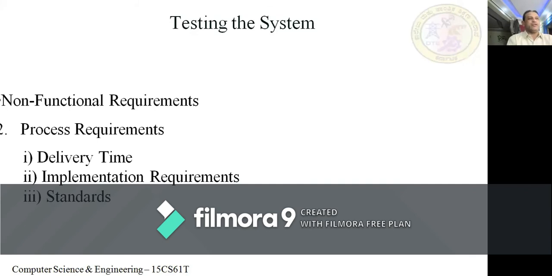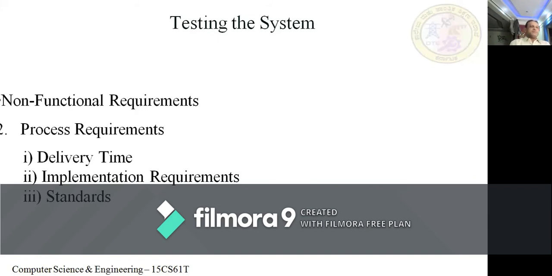That is what we call delivery time. And implementation requirements: what are the requirements for implementation? You may require some software, some hardware, internet, some tools, and so on. And what are the standards you are going to follow? So process requirement includes 3 requirements: delivery time, implementation requirements, and standards.